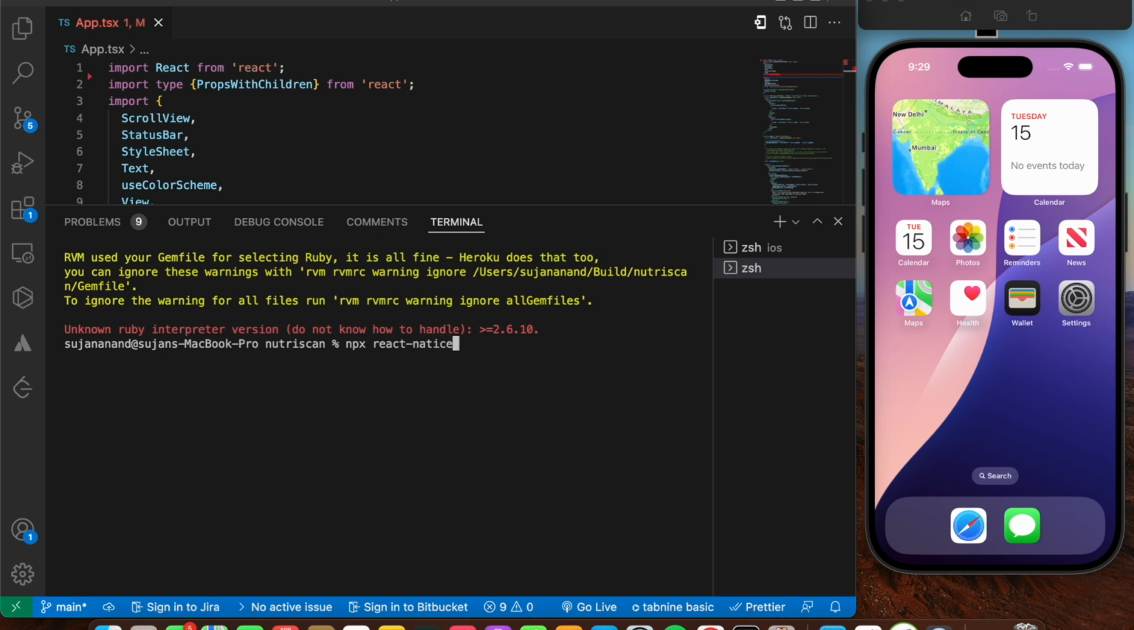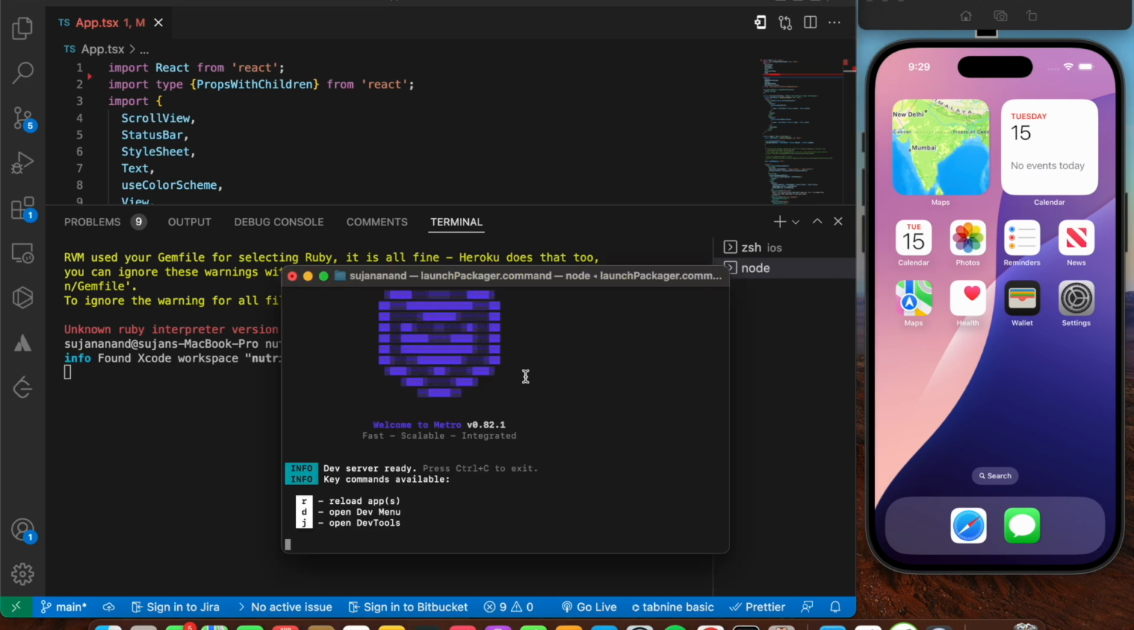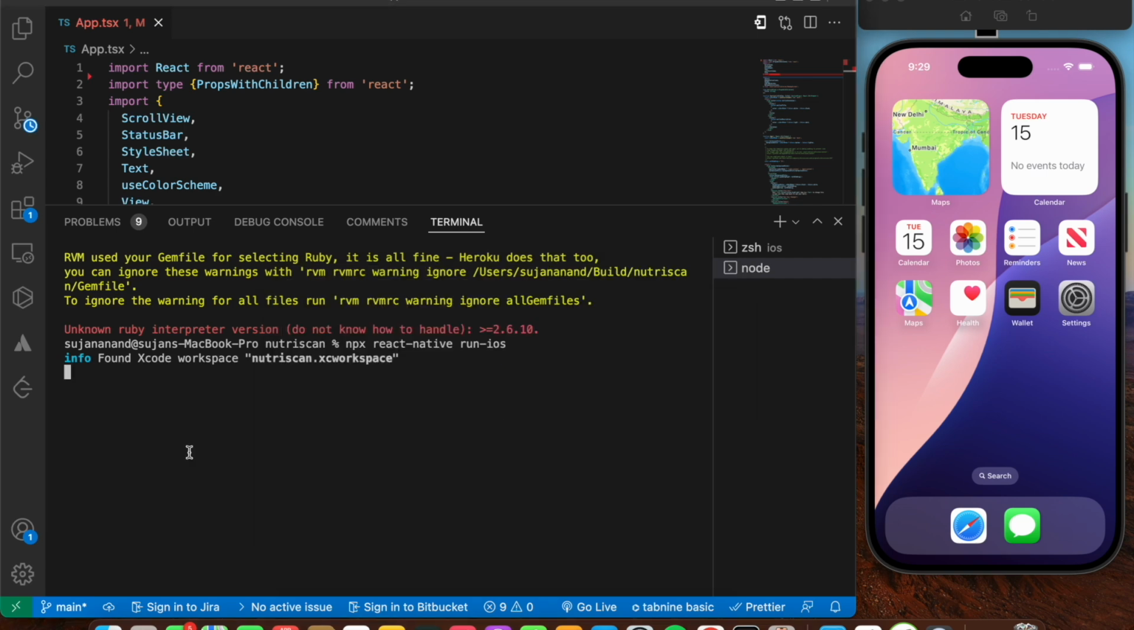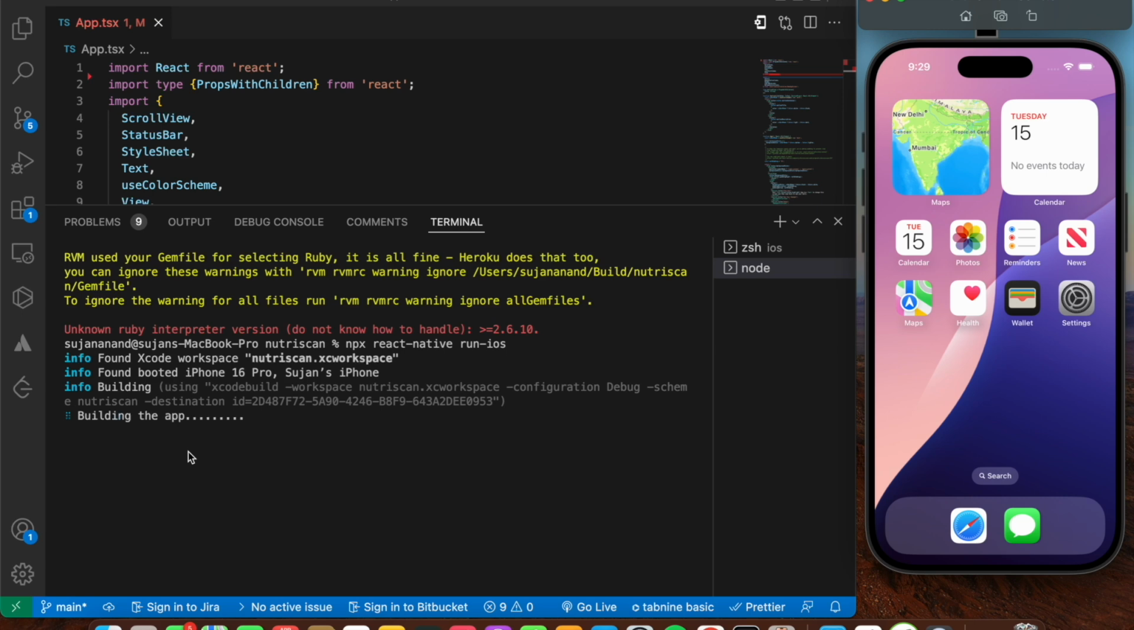I'm going to say npx react-native run-ios. Let's press enter. As you can see, it has found the Xcode workspace, that is NutriScan.xcworkspace. It's currently building our application on the iPhone 16 Pro. So let's give it a couple of minutes. It's going to take about 5 minutes to